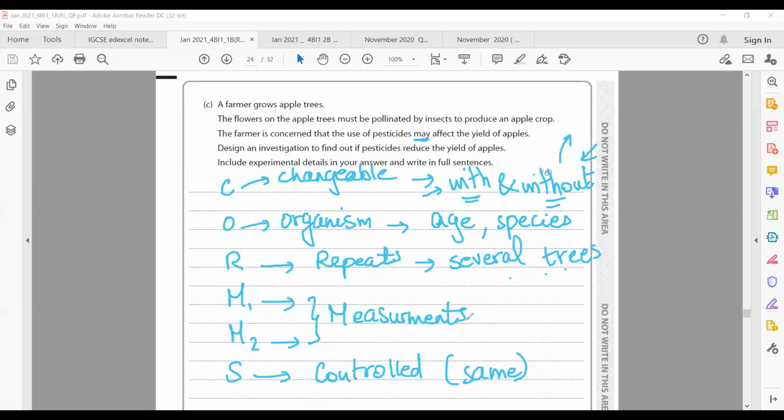ايه بقى الميجرمنتس اللي انا هشوف فيهم؟ انا بشوف اليلد، فانا بدور هنا على النمبر اوف apples that will be produced او the mass of the apples مثلا that will be produced in each group. وفي نفس الوقت I have to mention a certain time. يعني ممكن مثلا time زي ده ممكن اقول قد ايه. اكيد مش هقول several hours لان انا مستنيه tree عشان تطلع apples، فممكن اقول مثلا 1 month يبقى مناسب قوي بالنسبه